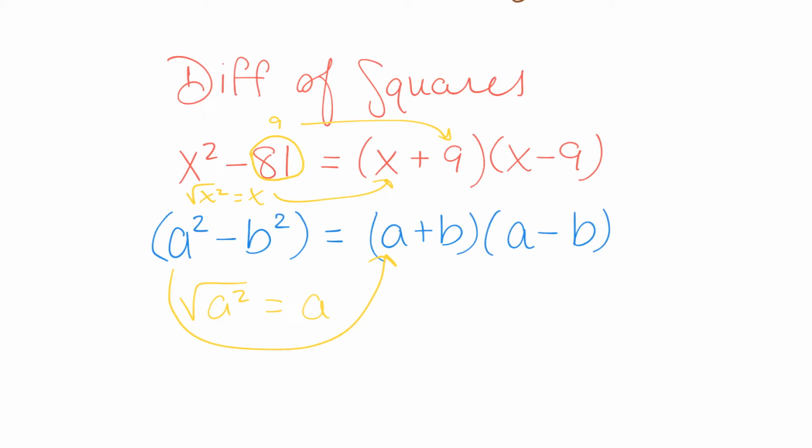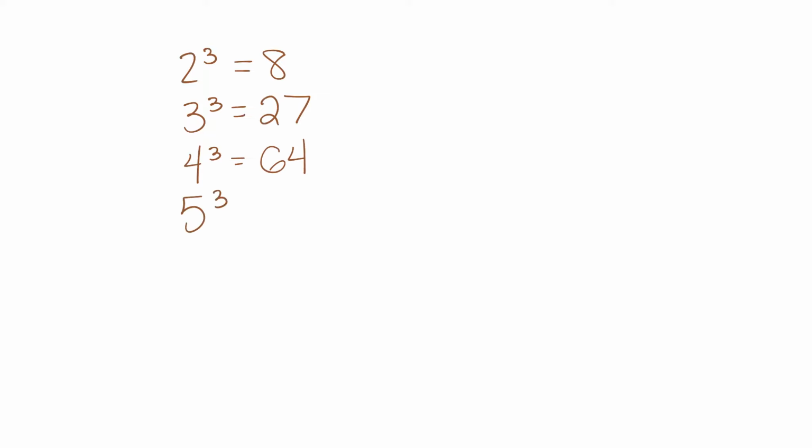Okay, so this is going to be similar, but this time we do not require the negative, and this time we're going to look for perfect cubes. So this difference of squares only worked when we had perfect squares, but now we're going to look for cubes. So before we get too far, what is 2 cubed? 8. 3 cubed is 27. 4 cubed is 64. 5 cubed,